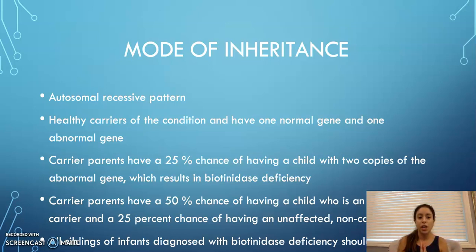So for example, if a carrier parent has a 25% chance of having a child that has 2 copies of the abnormal gene, that would result in the BTD deficiency. Also, parents have a 50% chance of having a child who is a carrier but does not suffer from the disorder, and another 25% chance of having an unaffected, non-carrier child, so they don't carry this recessive gene. But if they do have a child that happens to have biotinidase deficiency, it is a very good idea that all the siblings are tested by a genetics counselor or anything like that,